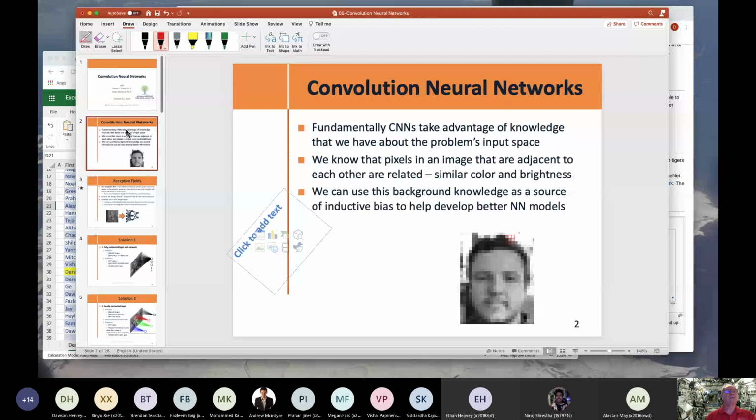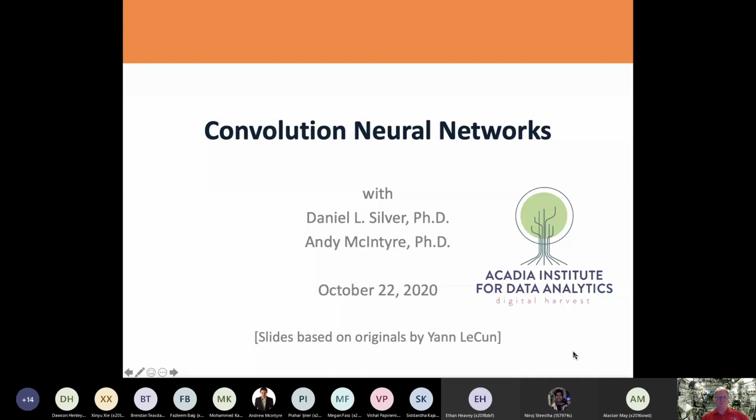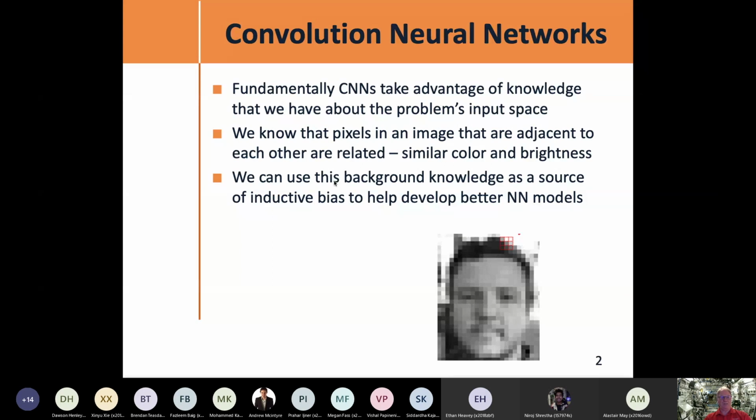Okay, I'm going to delete that and go back to this, and let's carry on. I'm going to talk to you about convolutional neural networks, the next step in moving to more deep and complex networks. The idea here is that we essentially take advantage of our knowledge of the input space. This was the insight of James Albus, one of the early names I read about, and now Jan LeCun, who saw that we can take advantage of our knowledge of both the input space and how our visual system seems to work.